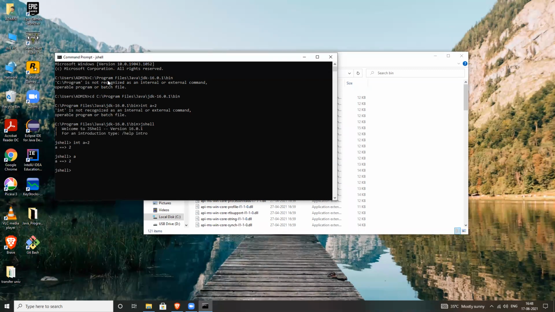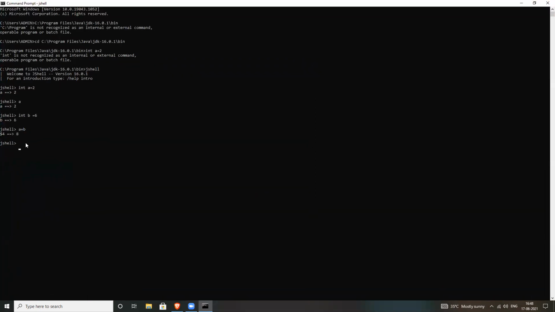You can assign, you can try with string data. Take a string value. Yeah, correct. So what is this symbol? It is showing you that you are running at line 4. Your output is at line 4, which means this is the instruction 4 output you are getting. You can see instruction 1 is integer a equal to 2, this is instruction 2, int b is equal to 6 is instruction 3, and a plus b is instruction 4.